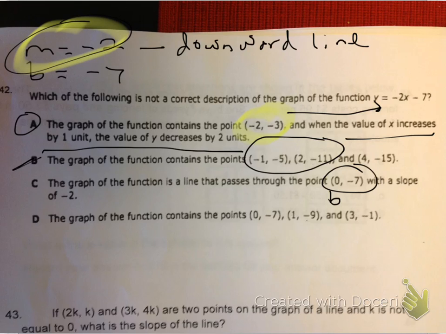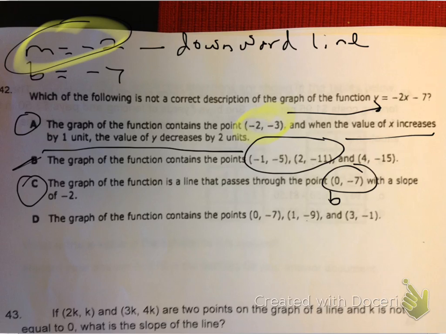Well, that's also true. So the graph of the function is a line that passes through the point (0, -7). It does, because that's the y-intercept, and it has a slope of -2. So here's where we come to another correct answer, right? Now,